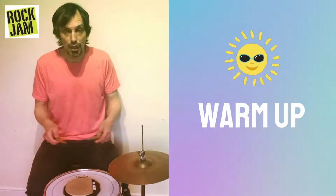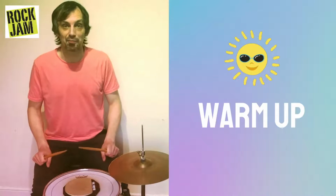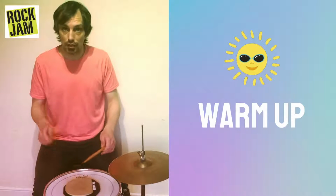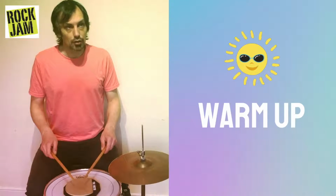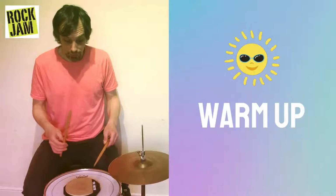8 times with each hand, and we're going to keep that for quite a while. Whether you have chopsticks and your box or your snare-like object, that's where we're going to practice it. For those who have a pad or snare, all of a sudden you don't want to make so much noise. So we're going to start with 1, 2, starting with the right hand. 1, 2, 3, 4, 5, 6, 7,